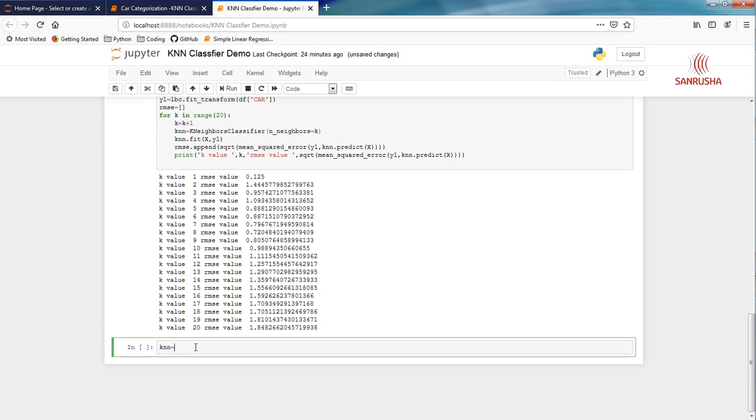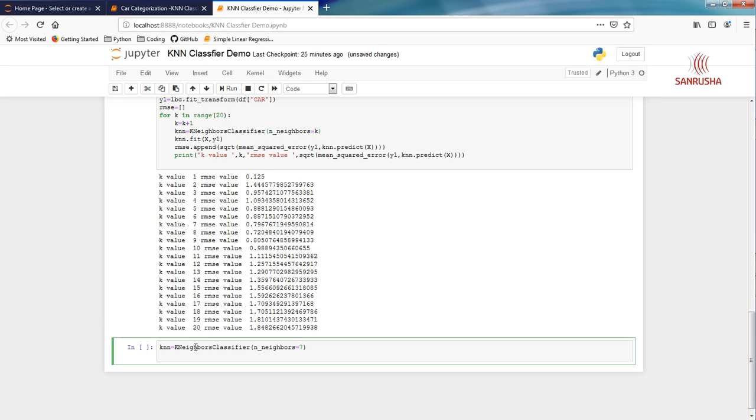KNN is going to be KNeighborsClassifier, and n_neighbors is going to be 7. Very good. And then knn.fit, and we're going to pass our x_train and y_train.